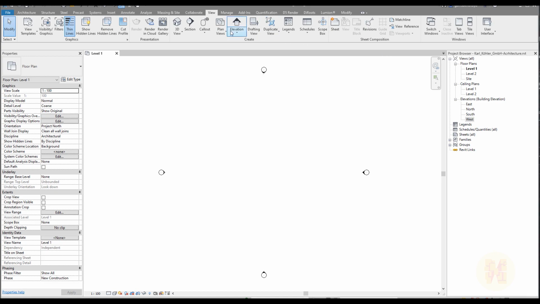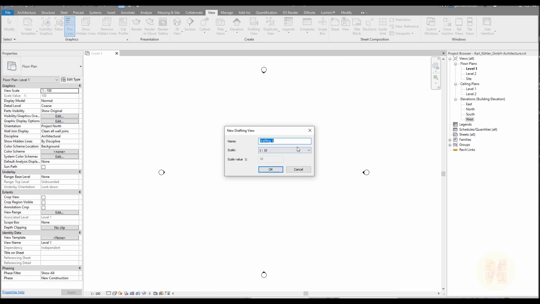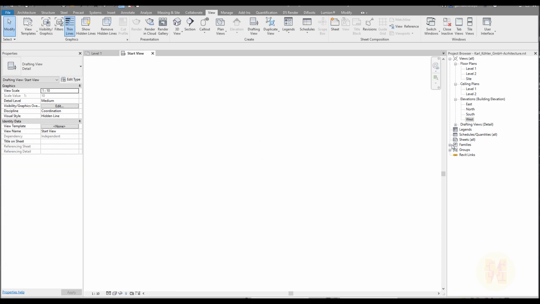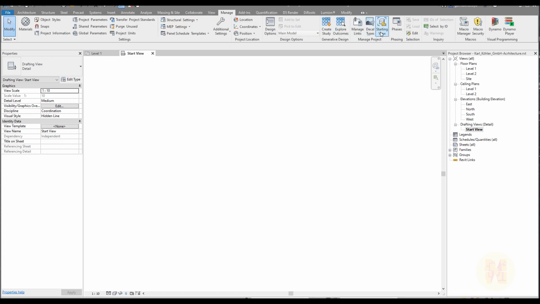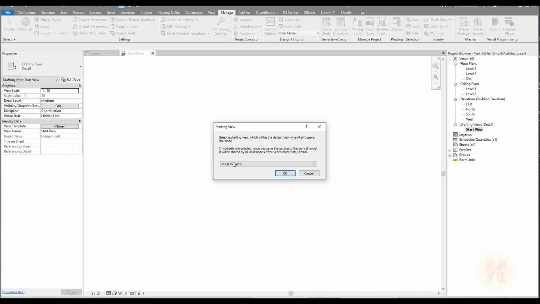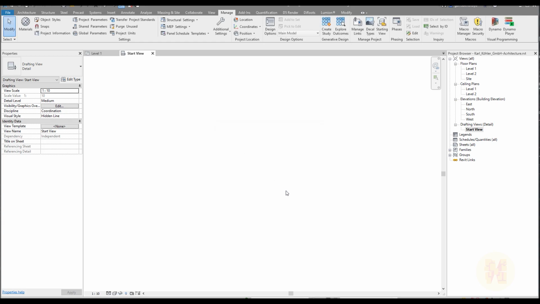Anyway, I will create a drafting view, and I will call this start view. You can call it whatever you want, it doesn't matter for us, but we will know this is the start view. We will create the starting view under Manage. Here you will find the starting view option. We will use the drafting view, start view. Let's say okay. Now when you open this Revit project, first of all you will see